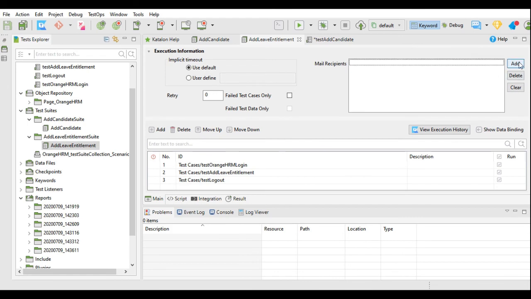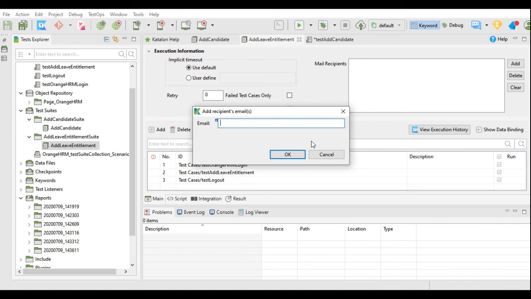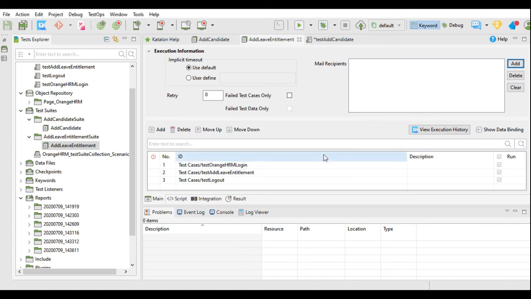If you add mail recipient email addresses for a particular test suite, then the execution report will be delivered to these recipients along with the default mail recipients that we have configured in the project settings.